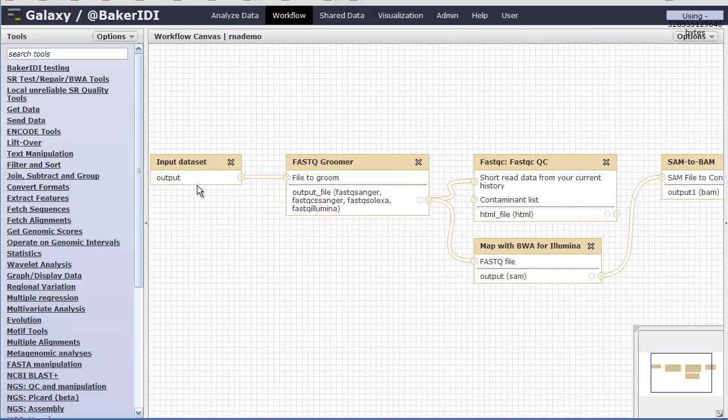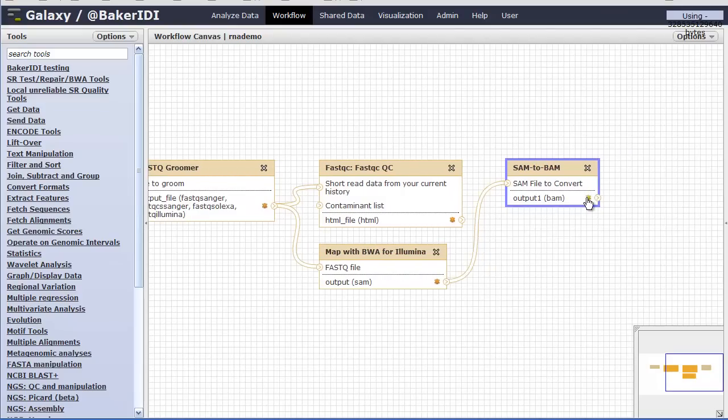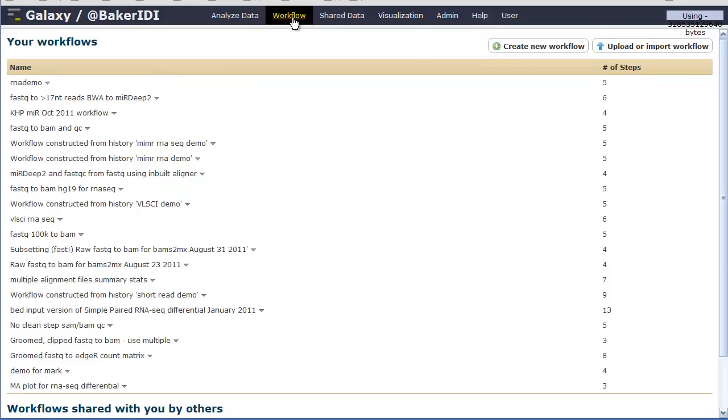And here we have the input data set going into the FastQ groomer. I'm going to click the little snowflake so the file's persistent. One of the outputs from the groomer, or a copy of the output, goes to FastQC, which does the report. Another copy goes into map with BWA for Illumina, and then the final step is the SAM to BAM conversion. So I'm saving all of those outputs. I'll click Save, and we're good to go now, so we can close this, and we can go back to